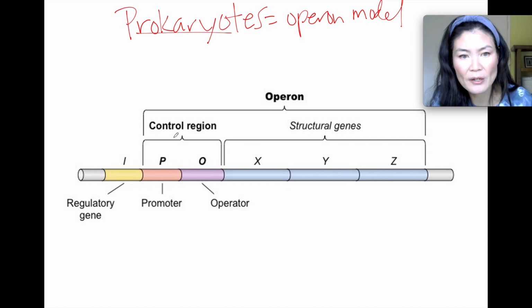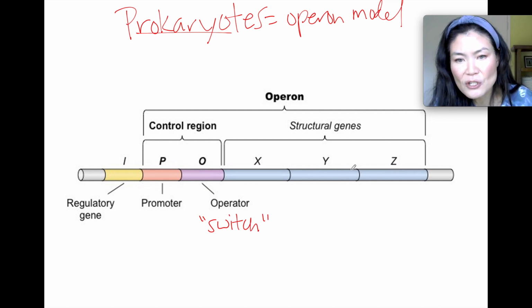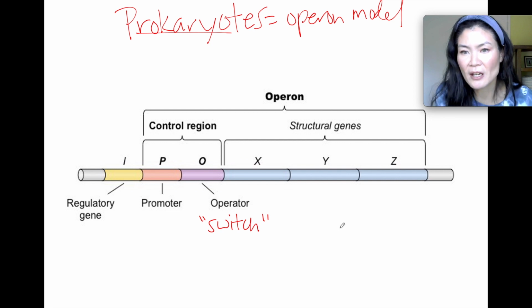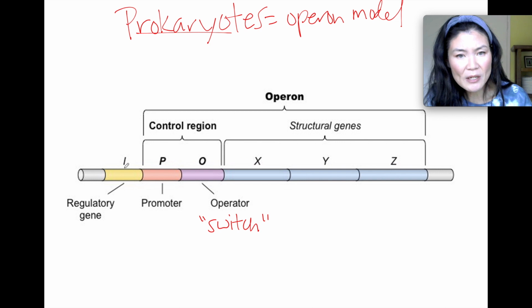So what is an operon? An operon has a promoter. Remember, the promoter is where RNA polymerase will bind to. That's going to unzip the DNA and transcribe these genes. Then you have the operator. The operator we would consider as the switch. Okay, the switch. This is the on or off switch. And then here are the structural genes. When they get transcribed, then they get translated, and then the amino acid or polypeptide chain or the protein is made by the bacteria. And then just outside the promoter, you have the regulatory gene.